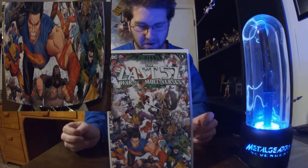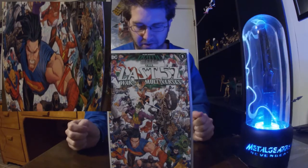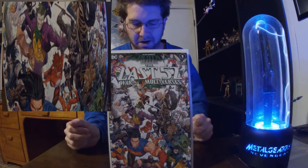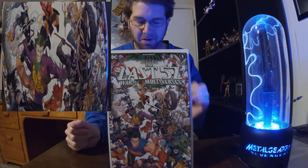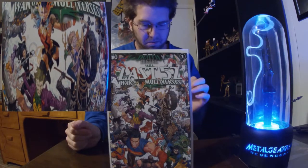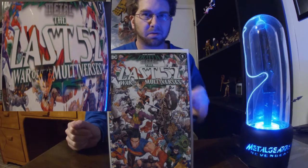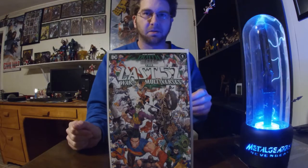And this is Dark Knight's Death Metal, The Last 52, War of the Multiverses. And it's the cover A by Dan Mora. Now, this was a little bit of an expensive book. It retailed for $6.29. I got it for a little bit cheaper due to my discount that I get on